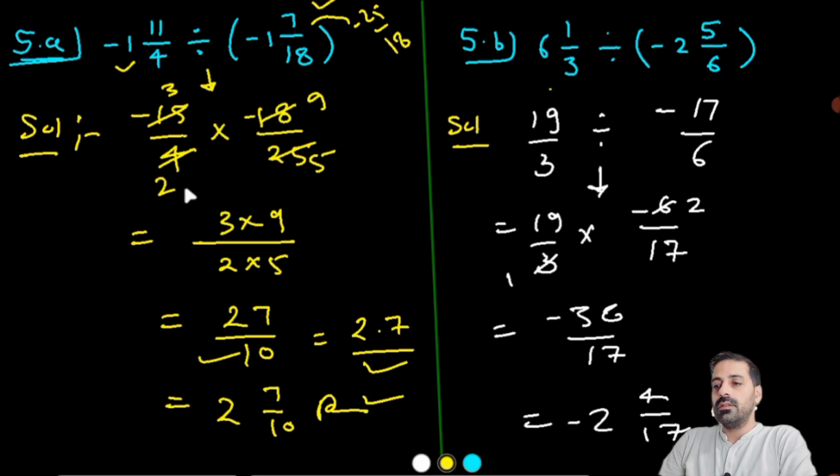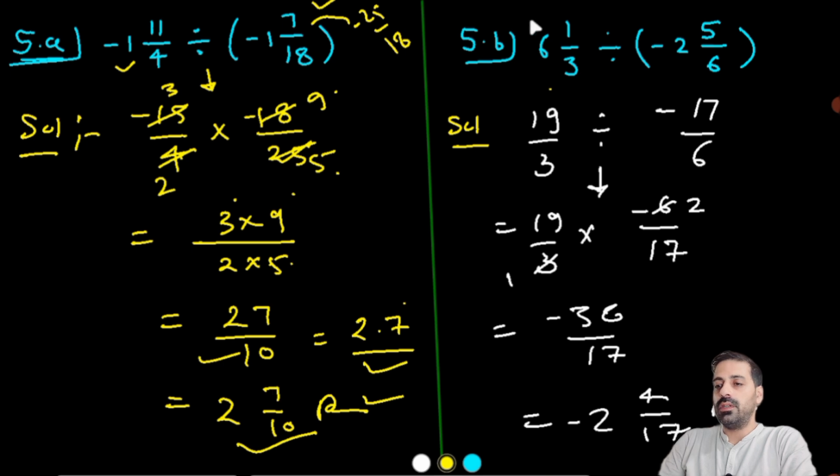So both are negative numbers, so negative and negative will cancel out and it will become positive here. So 5 1 ja 5 and 5 3 ja 15. 2 2 ja 4 and 2 9 ja 18, so we have 3 into 9 and 2 into 5, so 3 9 ja 27, 5 2 ja 10, so 27 upon 10 may be the answer, and the mixed form 2 and 7 upon 10 is the answer.